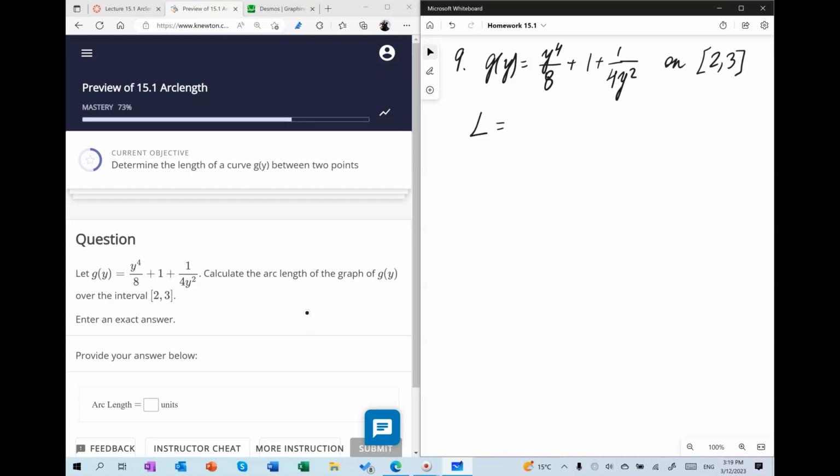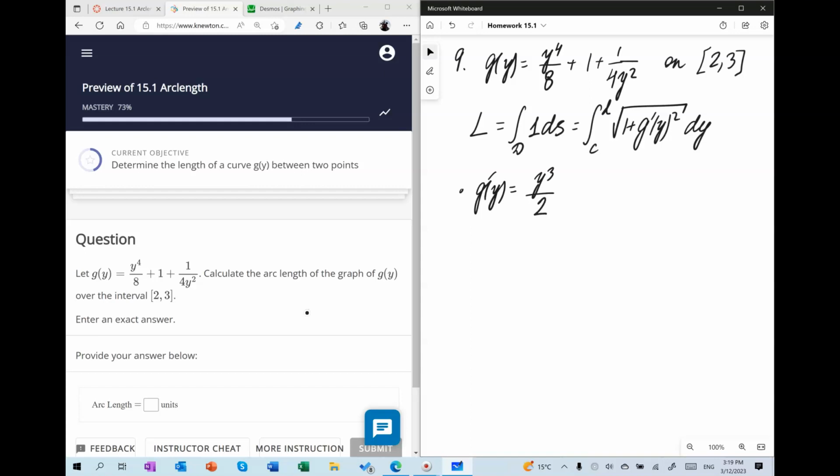But again, the formula that we're using is this universal formula for the arc length, which we interpret as the integral from c to d of 1 plus g prime of y squared dy, and g prime of y is y cube over 2 minus 1 over 2y cube, and we're going to